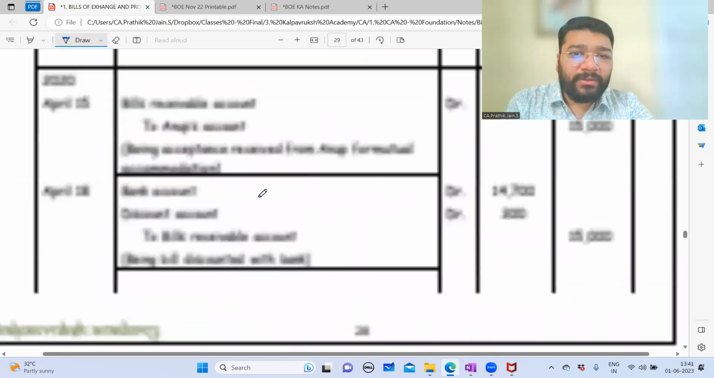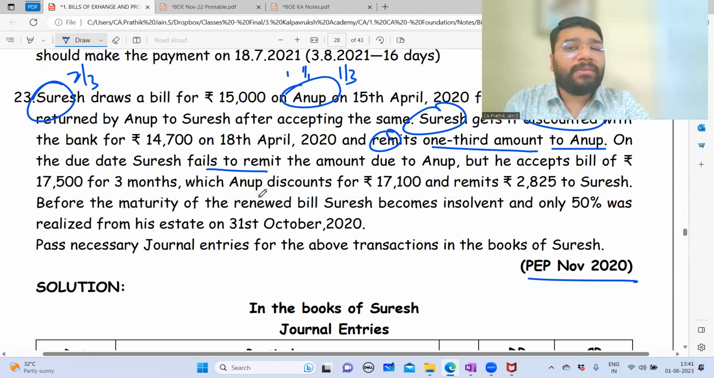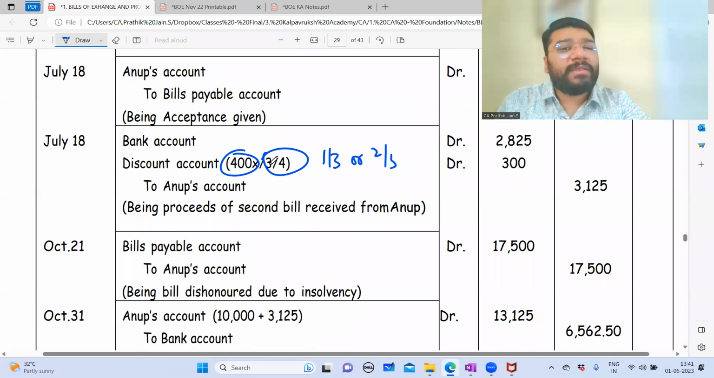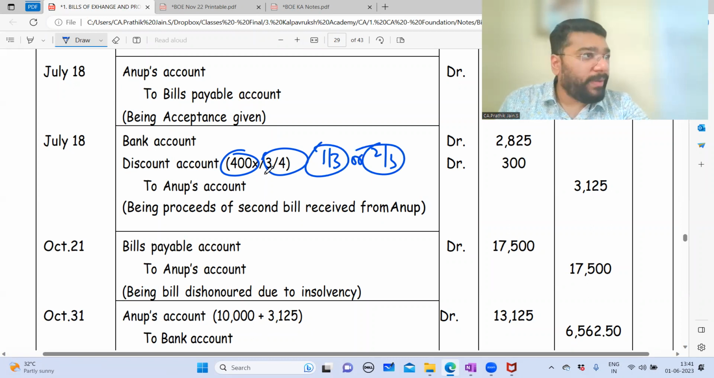You see in the question, it is only 1/3. No, they're talking about 1/3. Then here it should be either 1/3 or it should be 2/3. But from nowhere 3/4 has come. So you will take, based on the concept we have discussed, either 1/3 or 2/3, depending on what the